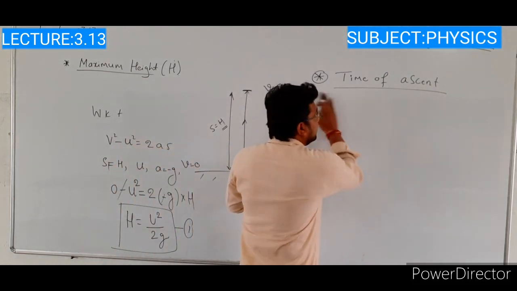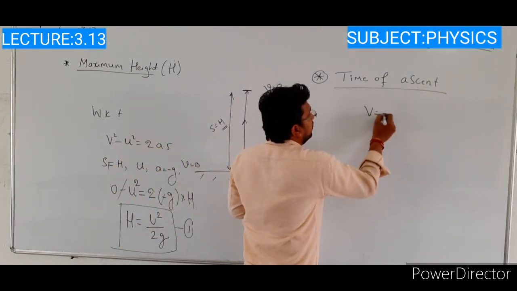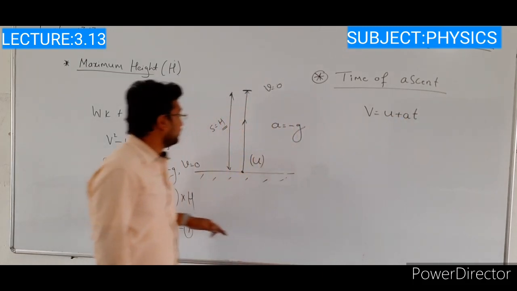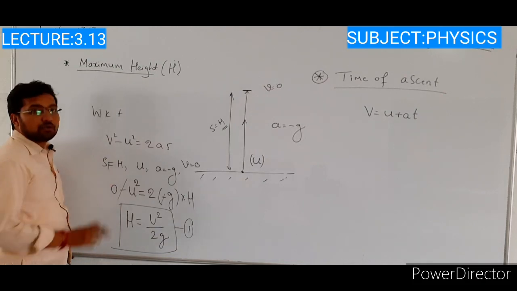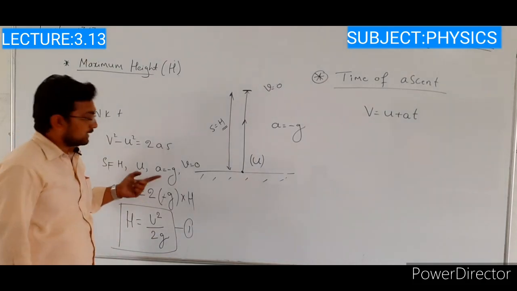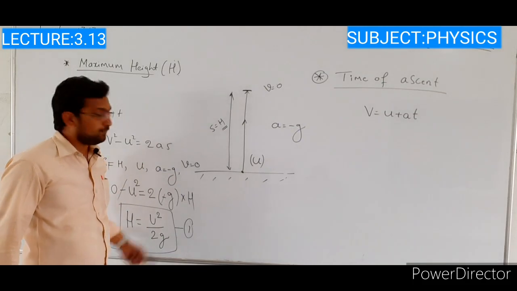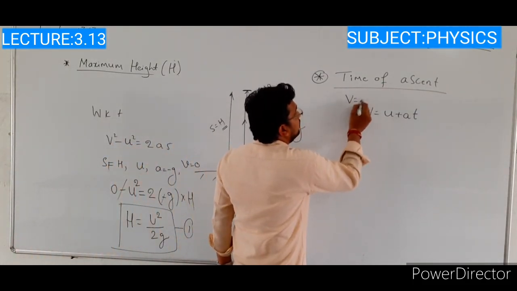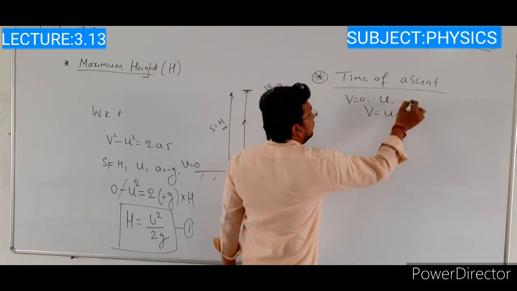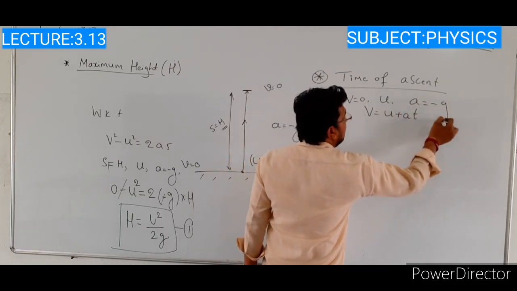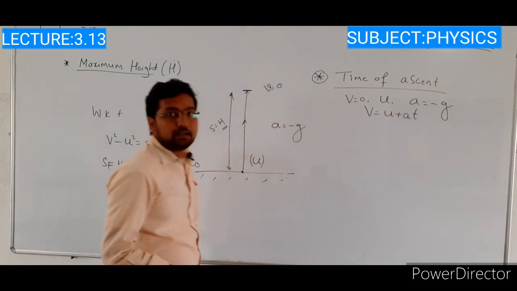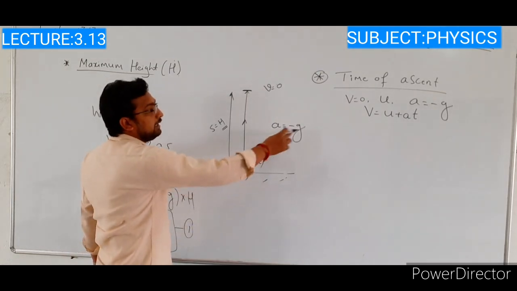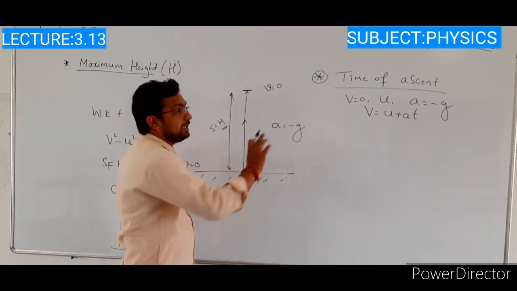So here we are using the equation of motion, that is v is equal to u plus at. Already we know the conditions here, that is s is equal to h, initial velocity is u, acceleration due to gravity value is minus g, and final velocity is 0. Okay, substitute here. Here v is equal to 0, initial velocity is u, then a is equal to minus g. Why is it minus g here? Because that object is moving vertically in upward direction. In that case, we consider acceleration due to gravity value as minus.